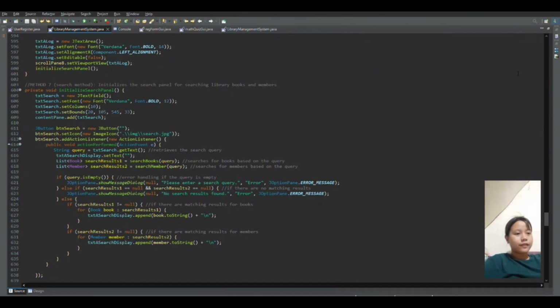The next line is for (Member member : searchResults2) {. This loop iterates over the search results for members, searchResults2, and appends each member's information to the search display area, txtASearchDisplay. Then btnSearch.setBounds(575, 105, 89, 33);